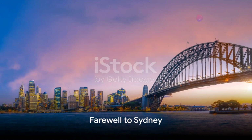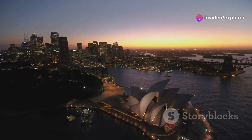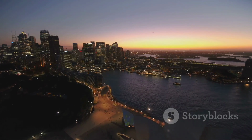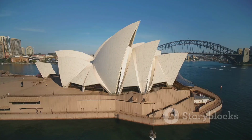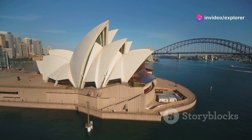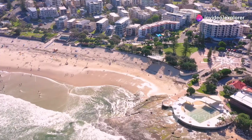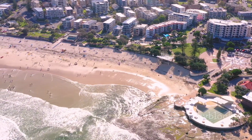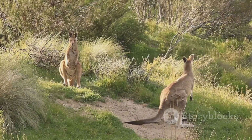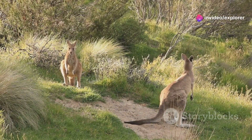As the sun sets over Sydney, it's time to bid farewell to this vibrant city. Our journey here has been nothing short of extraordinary, filled with unforgettable moments and breathtaking sights. We've marveled at architectural wonders such as the Sydney Opera House and the Sydney Harbour Bridge, each with its own unique story to tell. We've soaked up the sun on the golden sands of Bondi Beach, a haven for surfers and sunbathers alike. We've also been fortunate enough to witness the diverse wildlife at Taronga Zoo, a testament to Australia's